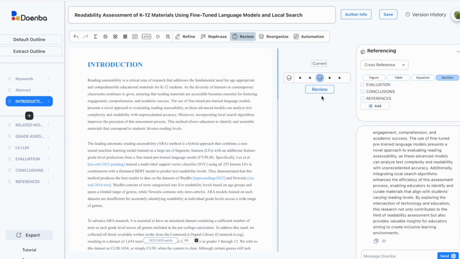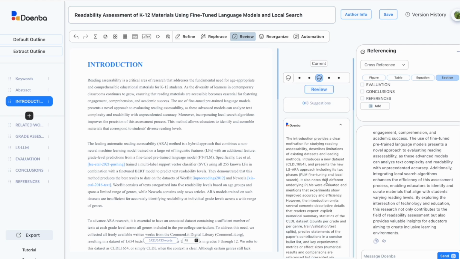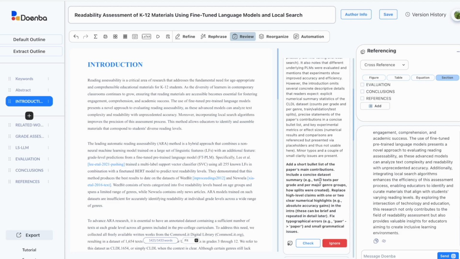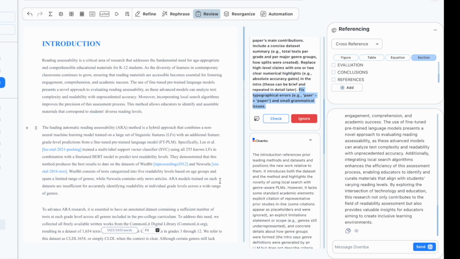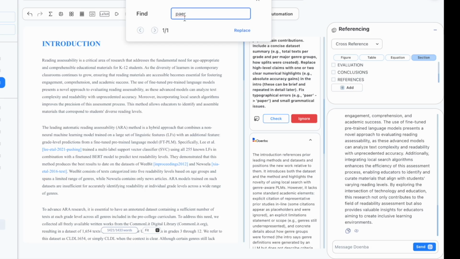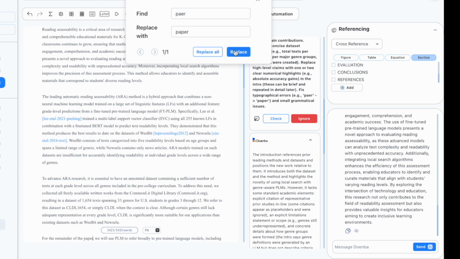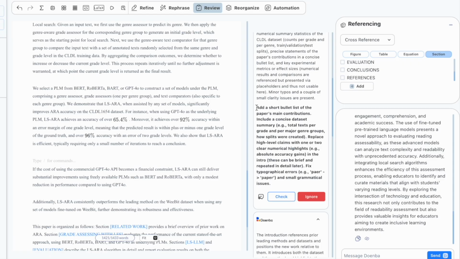I then use the Review feature to evaluate the section's coherence and identify areas for improvement. To do so, I clicked the Review button, selected the current level, and then pressed Review. After reviewing, Doenba offered several suggestions. One pointed out a typo, which was simple to fix using the Find and Replace feature. It also recommended using a bulleted list to summarize the paper's main contributions in the dataset, which I agreed was